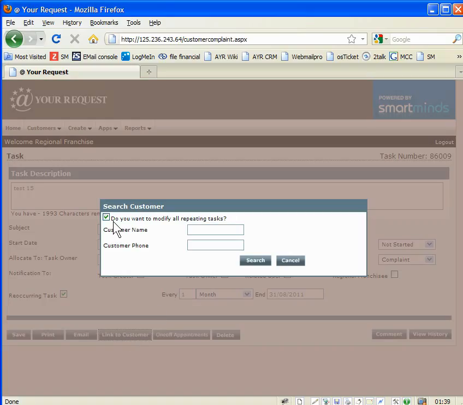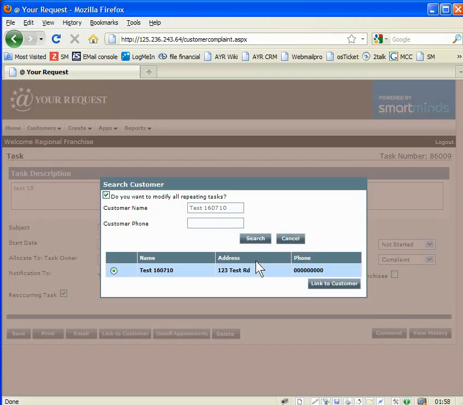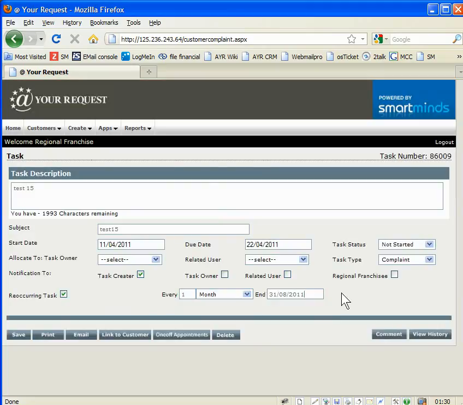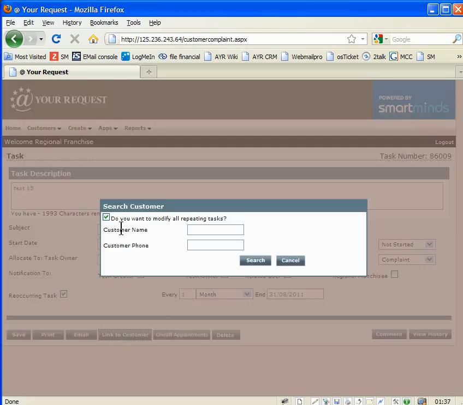We've got the start and due date. We've got the description and the subject. Do you want to create all repeats? Yes, I do. It says done successfully. Now, if we go to the task report,